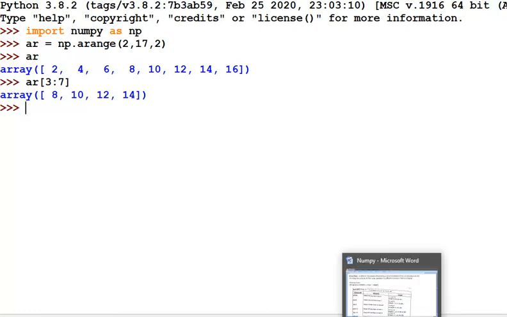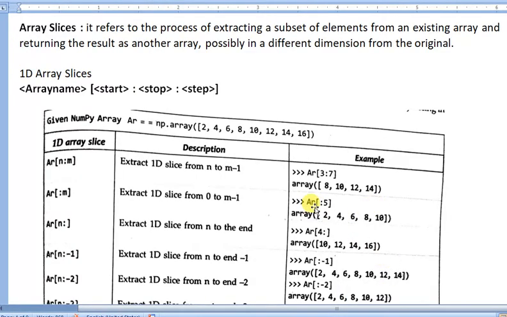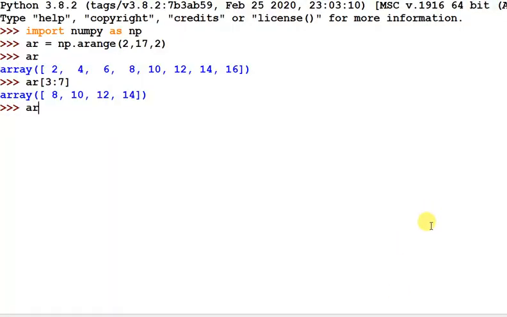Taking another example, here the start index is not given and the last index is given as 5. So 5 minus 1 means 4, and it goes from 0 to 4. Index 0 is the first, then 1, 2, 3 and 4.